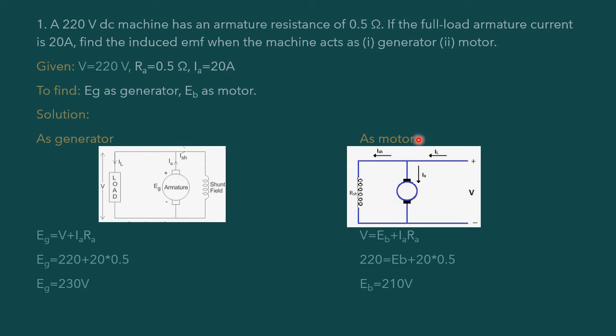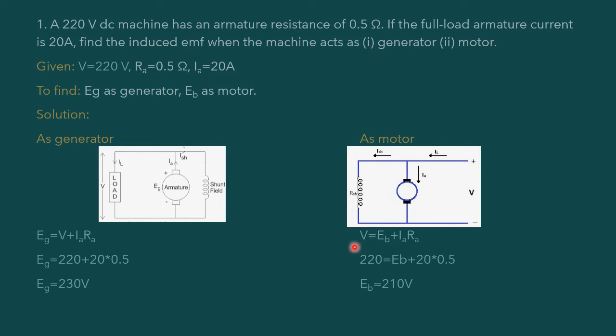Now if it is a motor, the input is electrical, so we are giving electrical input to the armature. The direction is flowing inwards to the armature, whereas here it was outwards. That is the difference. Construction-wise, both the generator and motor are the same, but in the circuit diagram the current direction differs, since the input is electrical and flows towards the armature. Now the applied voltage is a DC source, that is V, so this is the voltage rise.